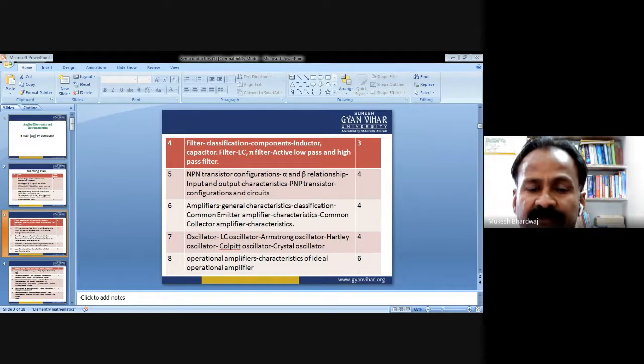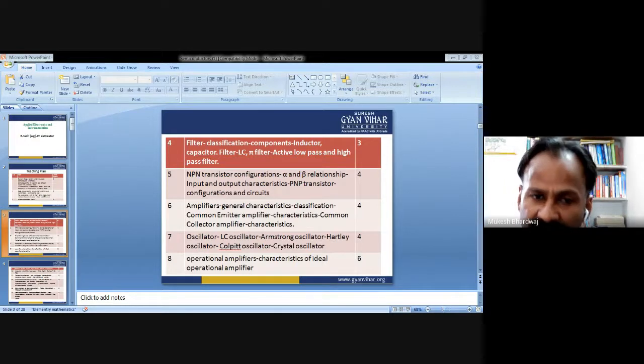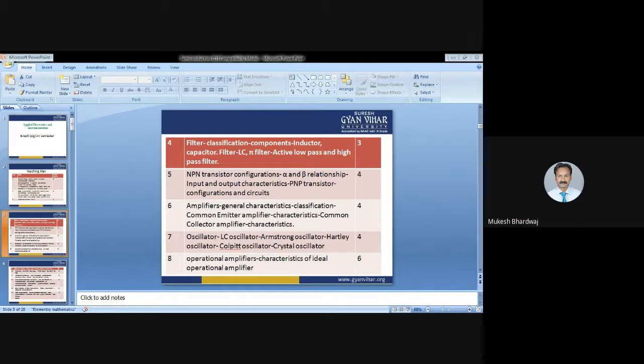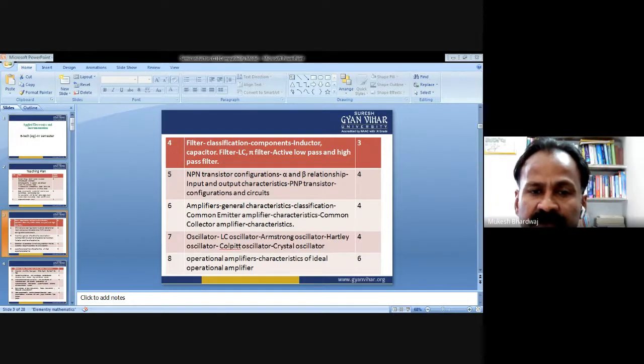So we are going to start with the transistor, their classification, PNP type and NPN type, and the internal physics related to the transistor, and various parameters related to the transistor, that is alpha and beta relation, input and output characteristics of both NPN and PNP transistors, and their configuration for various applications. Now this transistor, NPN transistor and PNP transistor, after forming the new element, we are going to use that element in applications, and transistors are basically used in amplification.